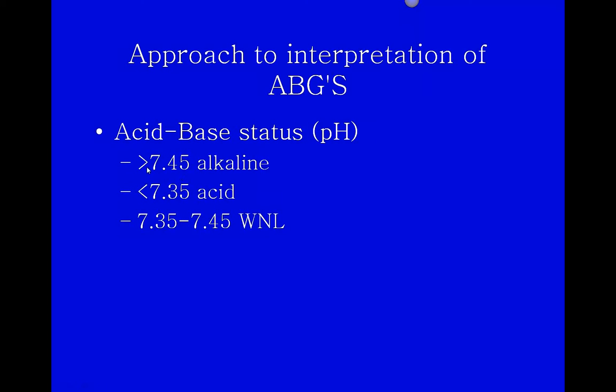And if the pH is greater than 7.45, the higher your pH goes, that moves the blood in an alkaline